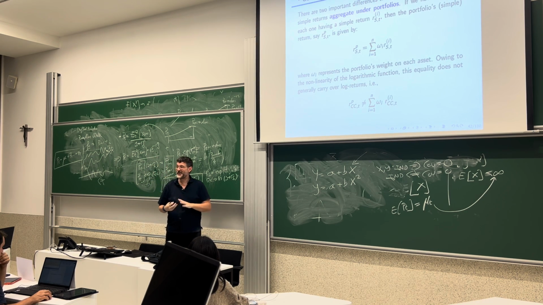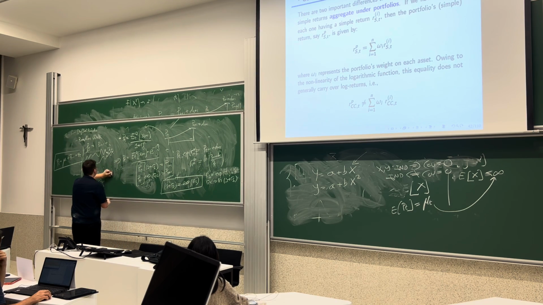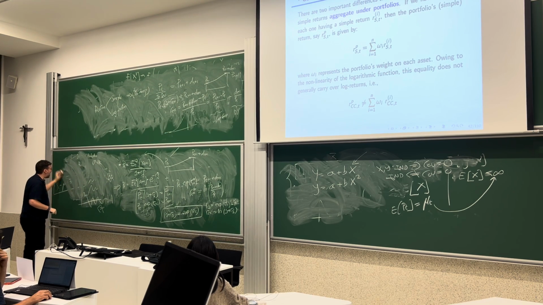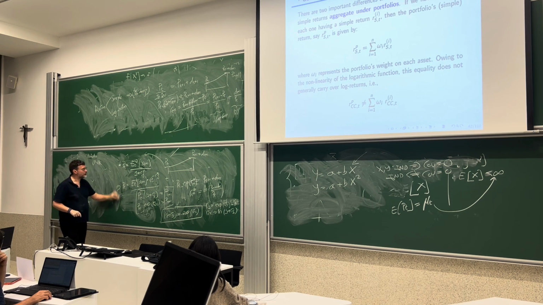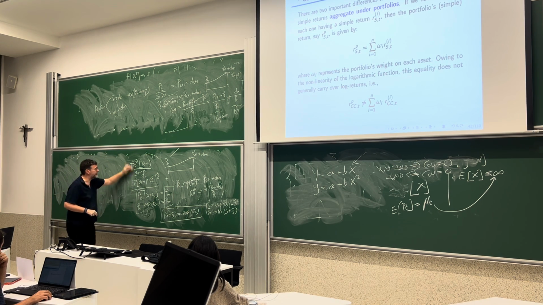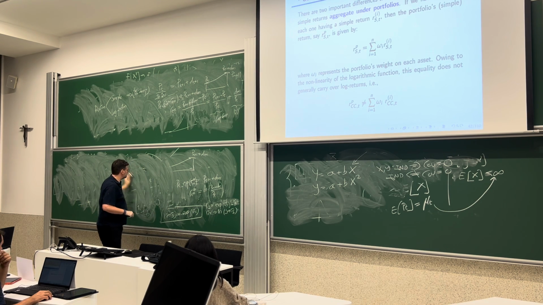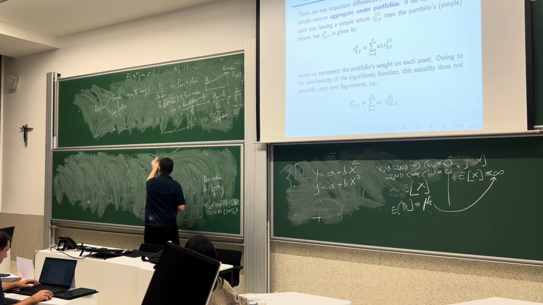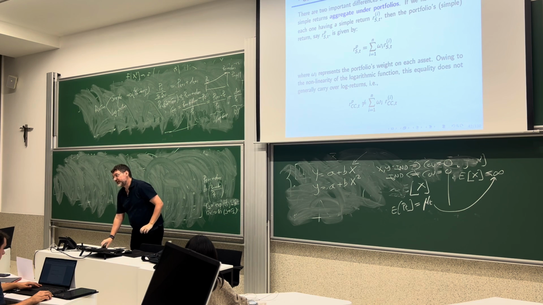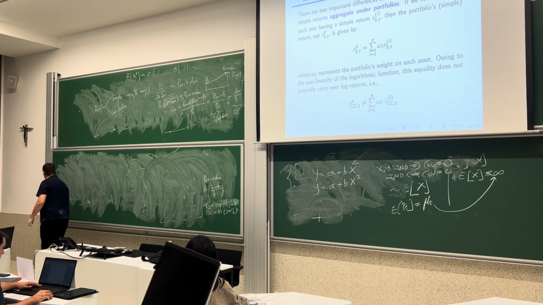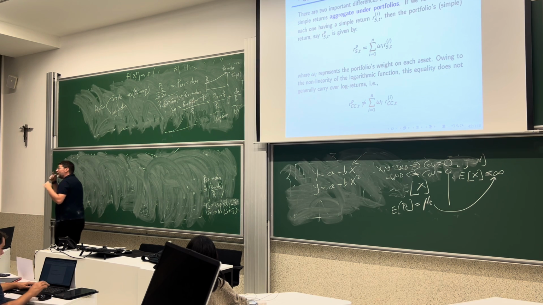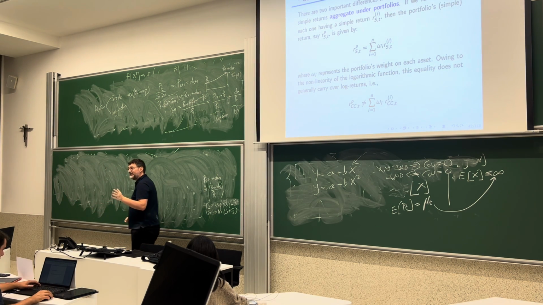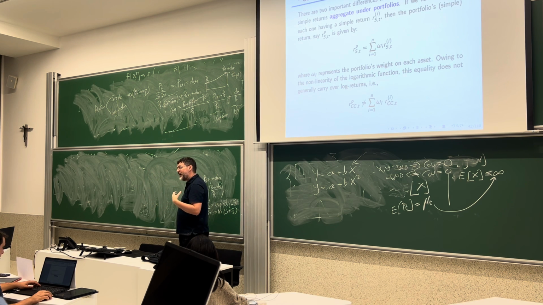Now, when is it more convenient to use simple returns or log returns? Simple returns and log returns have different properties when it comes to aggregation. And there are two forms in which we can aggregate returns. Because they are using different mathematical structures, the properties of the aggregation are different. So sometimes it's more convenient to work with simple returns or with log returns depending on your empirical application. So once again, remember what I said the first day, people in finance are super pragmatic.